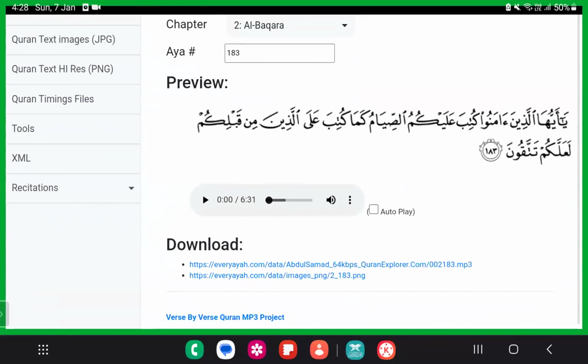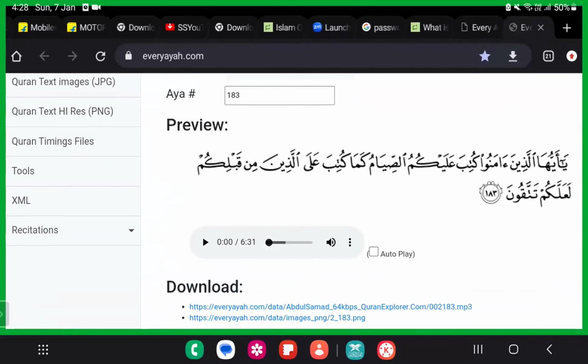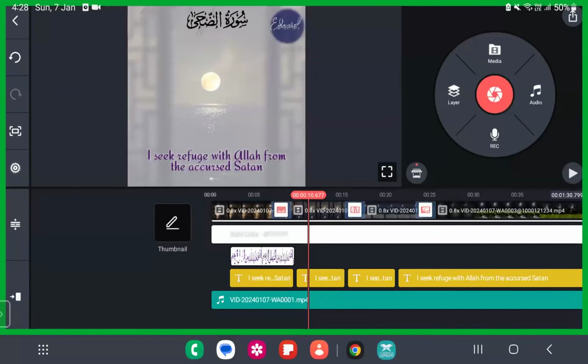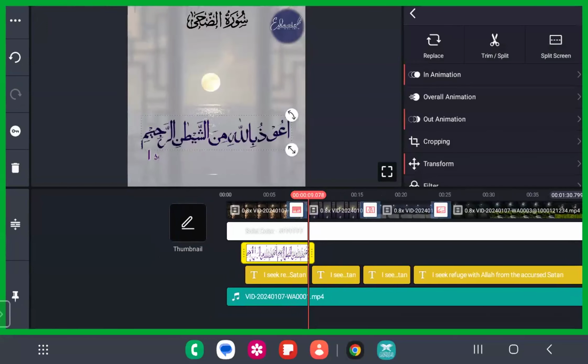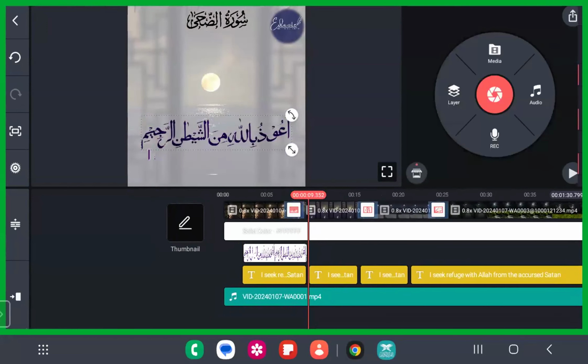Okay, so for now we are just going to download ayah number 1, 2, 3 of this Surat Duha, please, so that we can just see our project and complete today's class, inshallah. Please download the ayah 1, 2, 3 from this everyayah.com. Okay, so we'll just keep it till here, keep it till the end of it, and we will just go